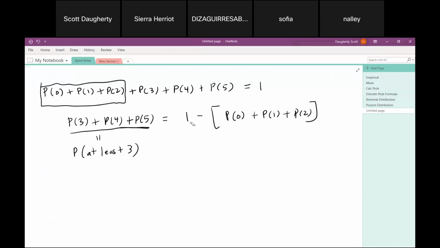But I can't do this directly on the calculator. What I have to do is say 1 minus binom CDF starting at 5 trials with a probability of 43% for each trial. Then I plug in a 2. If I plug a 2 into here, it's going to calculate this probability, right? That's what binom CDF does. It starts off at 0 and it calculates the probability all the way up until this number here. So if I say 1 minus this number, I'll get the complement of this. The complement is this side, 3, 4, 5, and that's what I want. So on the calculator, that's what I'm going to do. So let's go back real quick.